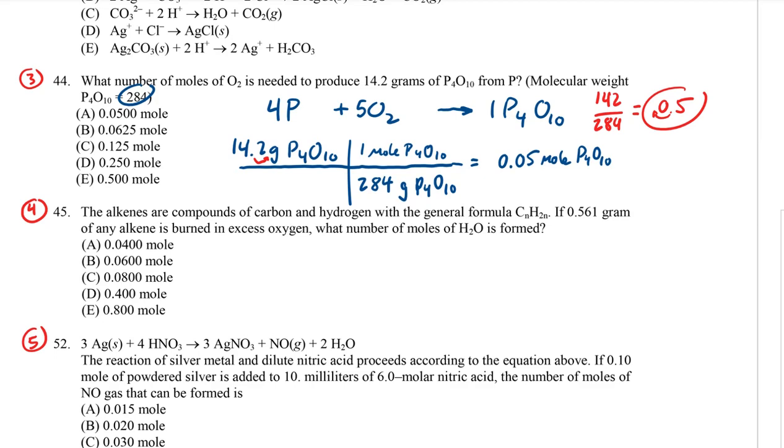So we've got 5 moles of oxygen for every 1 mole of our compound P4O10. So 5 moles O2 for every 1 mole of our compound. 5 times 5 here is 25. That's not exactly the numbers that we have, but if you simply look at 0.05 times 5, you're basically multiplying 5 times 5. And the only number that has 5 times 5 equals 25 as a possible option is D,